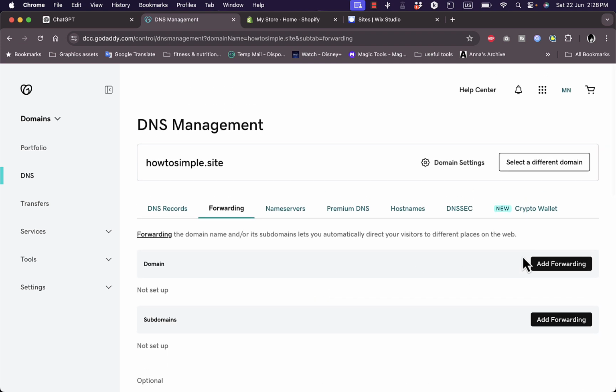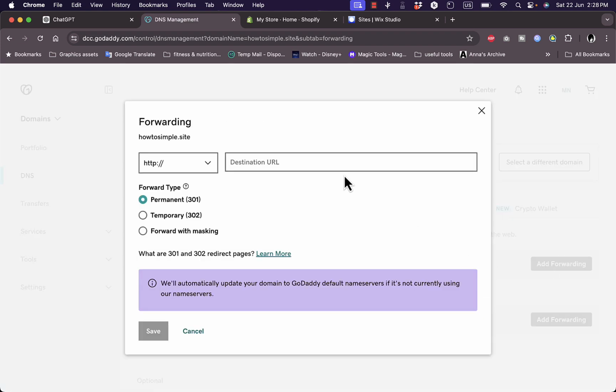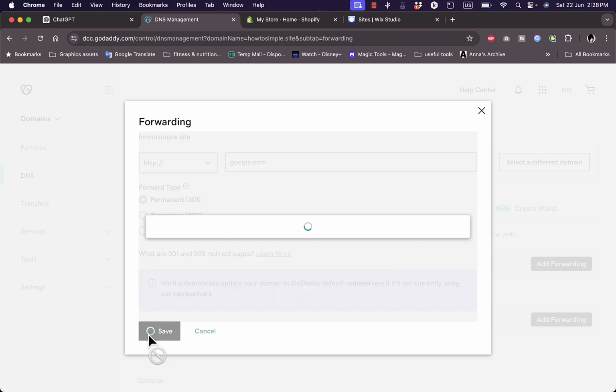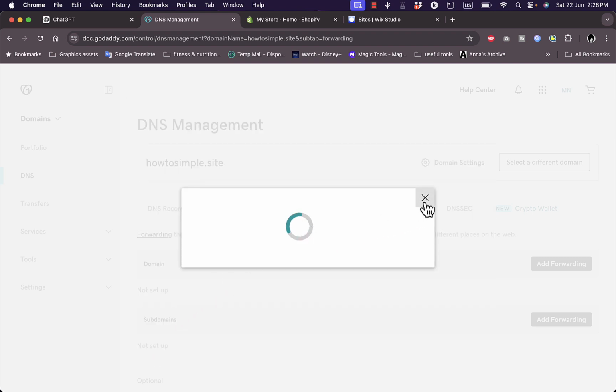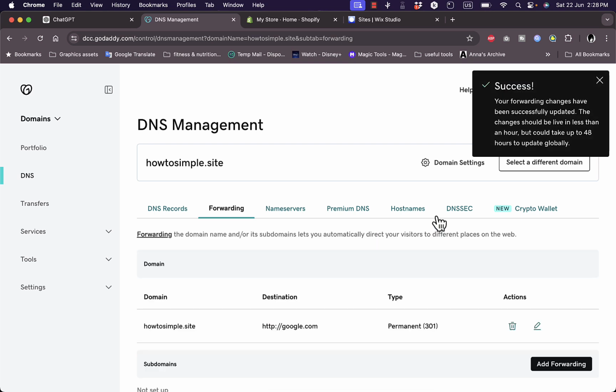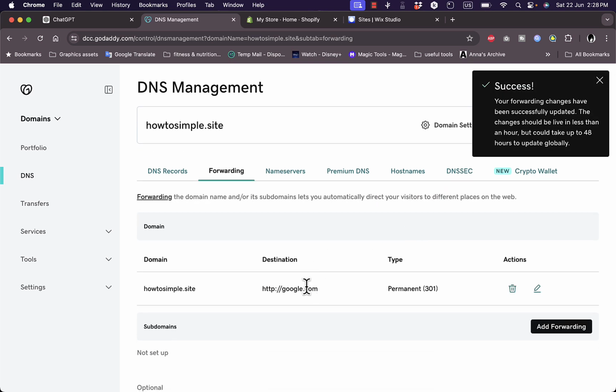Now if you set your forwarding here to a certain domain, here you need to add your forwarding, so I'll just add it for the sake of this video. Let's say I want to redirect to google.com or just any domain. Okay, now it is saved, and now once someone enters my URL or my domain name, howtosimple.site, they'll be redirected